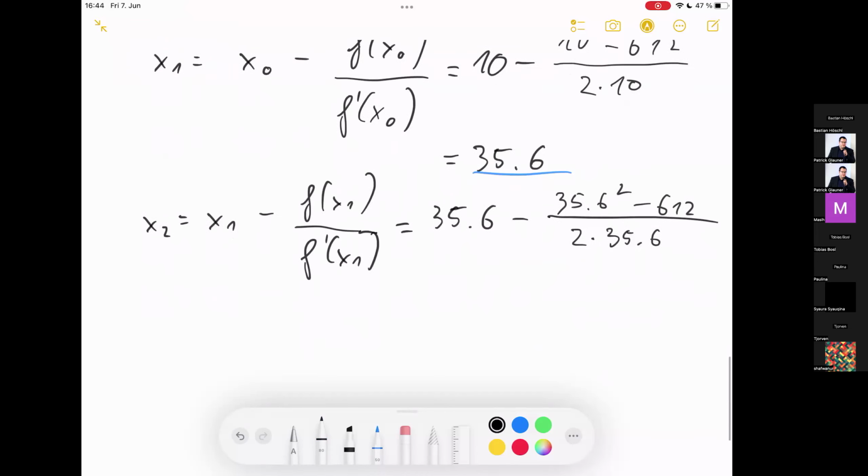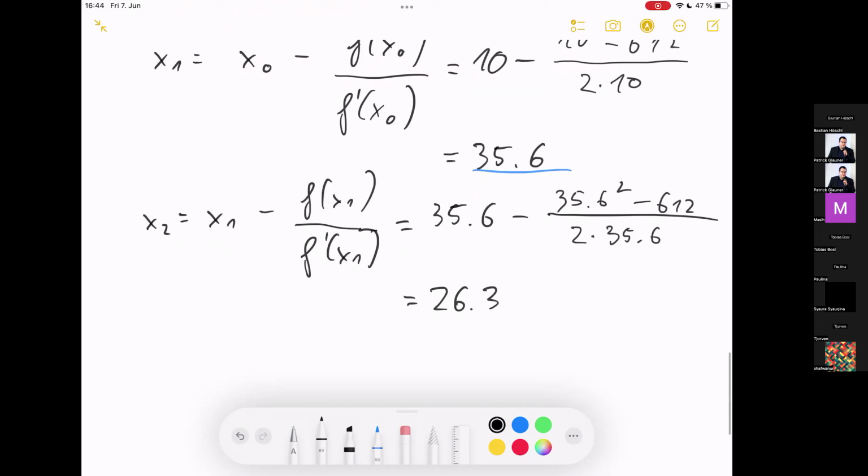Use a calculator, you will get something like 26.39 and so forth. And you keep running this for a few more iterations, and you will actually have a